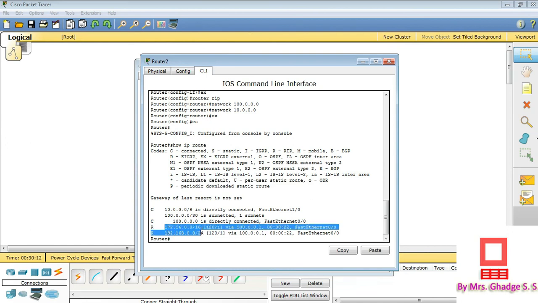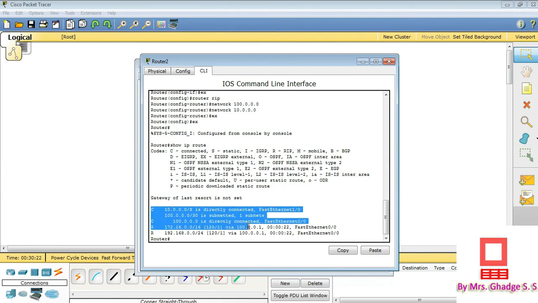These are the two networks which are not directly connected but are reached via 100.0.0.1. In this way the routing table is formed by the second router.